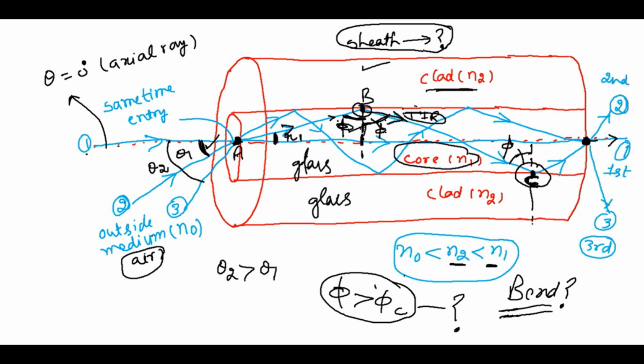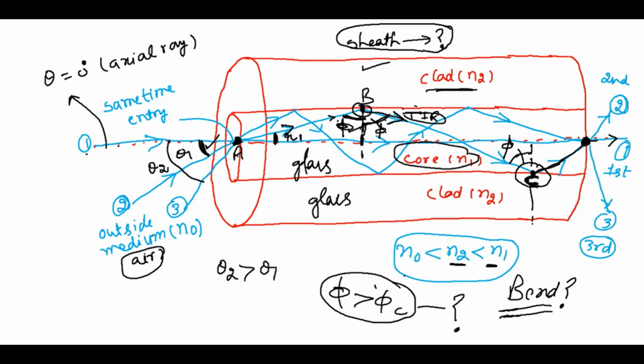So therefore total internal reflection condition will be satisfied at C also. So at C also the ray will not travel into the core, it will again be reflected back. At point C the ray will not travel into the clad, it will again be reflected back into the core, and it will continue to do so. The process will continue till the ray reaches the end point of the optical fiber. So this is here at the time of coming out of the optical fiber.